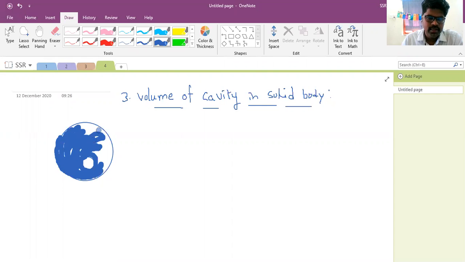Like this, you can imagine a sphere with a cavity inside. We need to find the volume of this cavity. Are you clear about this diagram? So in this,